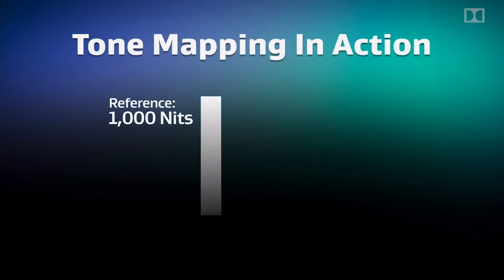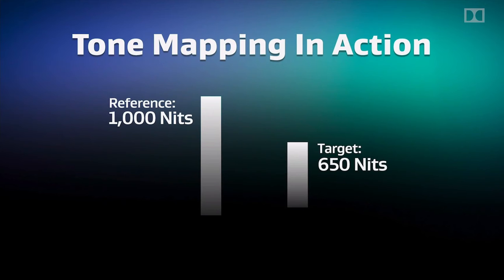So for example, if your HDR grade is mastered at 1000 nits, but an end user is watching it on a TV only capable of 650 nits, what happens? We don't want to just clip the information between 650 and 1000 nits, so the Dolby Vision processing intelligently tone maps the image to the actual playback display, preserving the integrity of the signal at 650 nits from the original